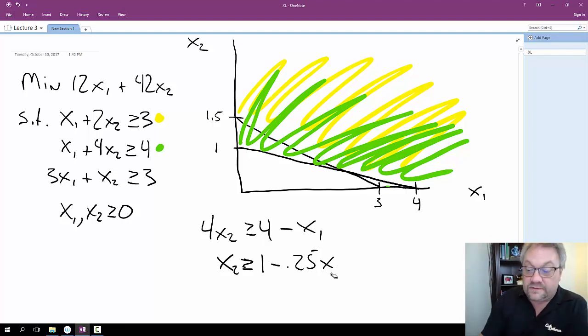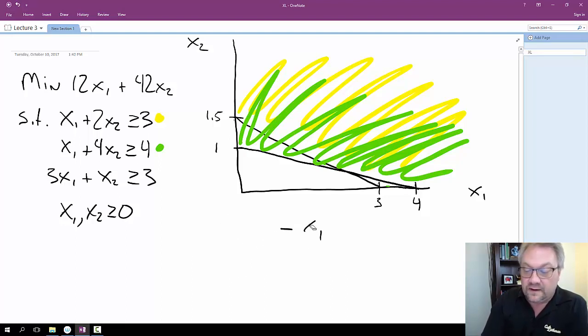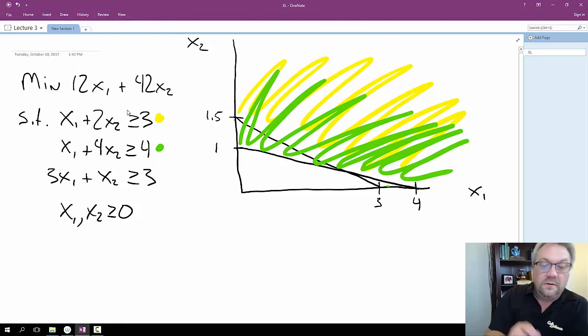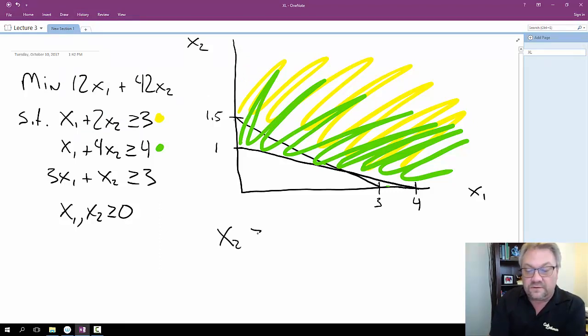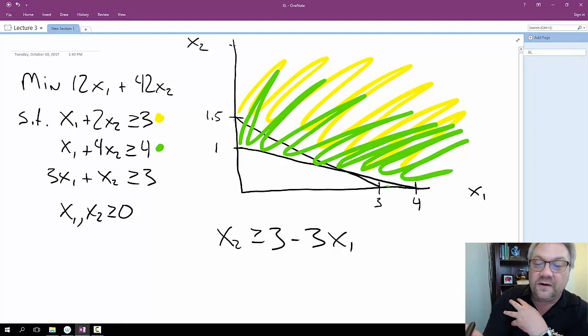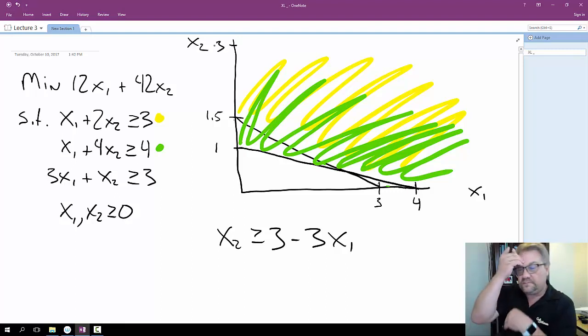Nonetheless, to find the actual area, we still have to do our third constraint. So let's do that. This one looks a little bit easier, right? Because x2 is just greater than or equal to 3 minus 3x1. So that one is pretty easy. We're going to start off here at 3, and then with a slope of -3,